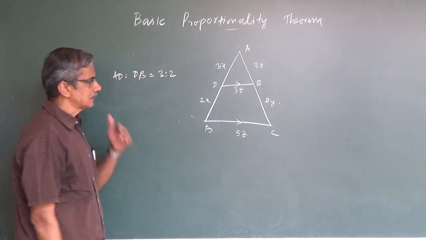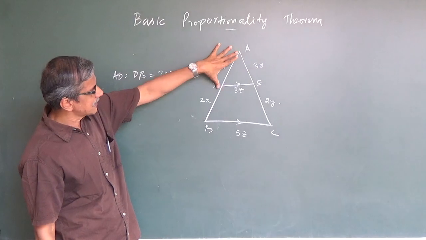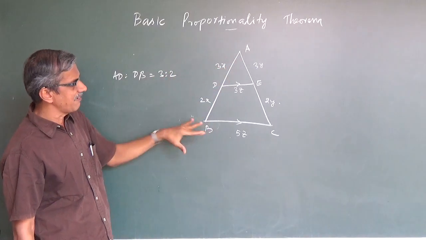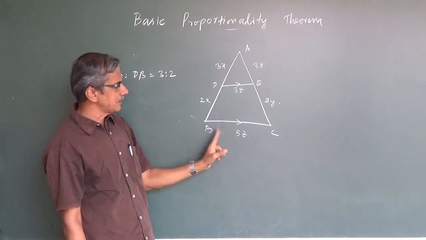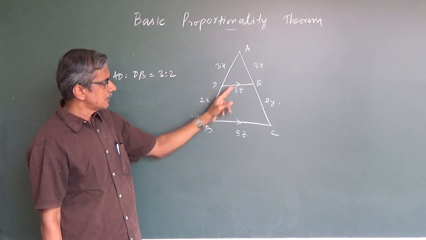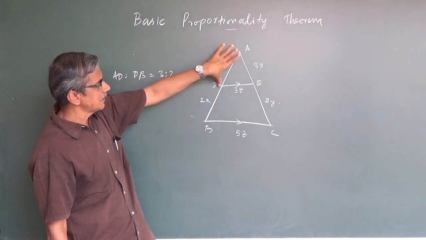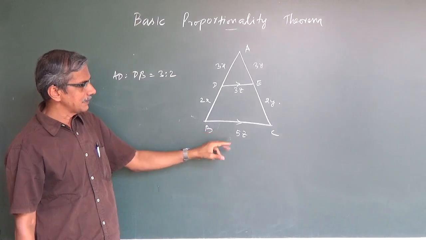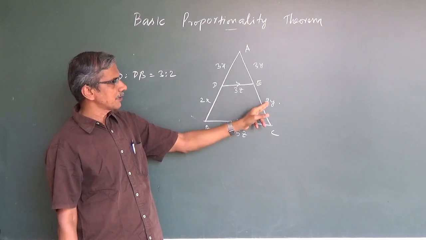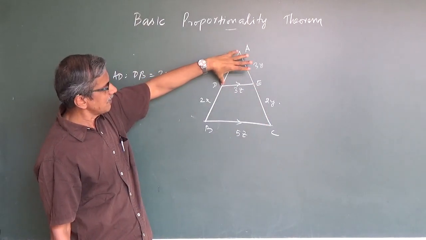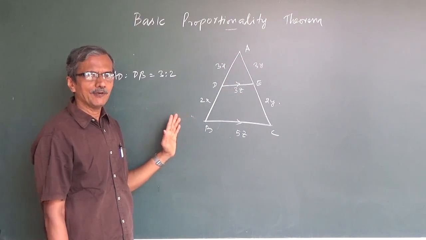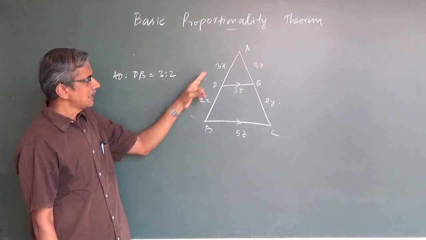I want you to understand this. Because for AD to AB totally, it will be 3x upon 5x. Total we have to see. This way you will get it easily, but you have to be careful. This one side upon the entire side is by similarity. When we talk of this part alone, we can use proportionality. But if you are talking of the entire sides, like AD by AB, it is similarity. You have to use the similar triangle principle.